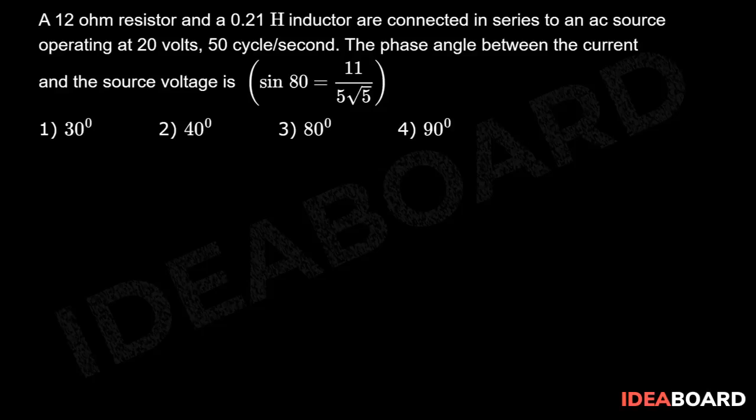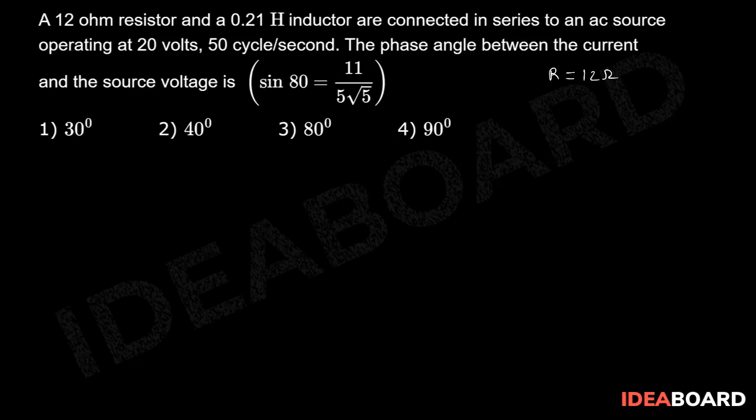A 12 ohm resistor and a 0.21 Henry inductor are connected in series to an AC source operating at 20 volts, 50 cycles per second. The phase angle between the current and the source voltage is sin 80, whereas it is 11 by 5 root 5. Now here in this question, first of all, the information given is that resistance R is equal